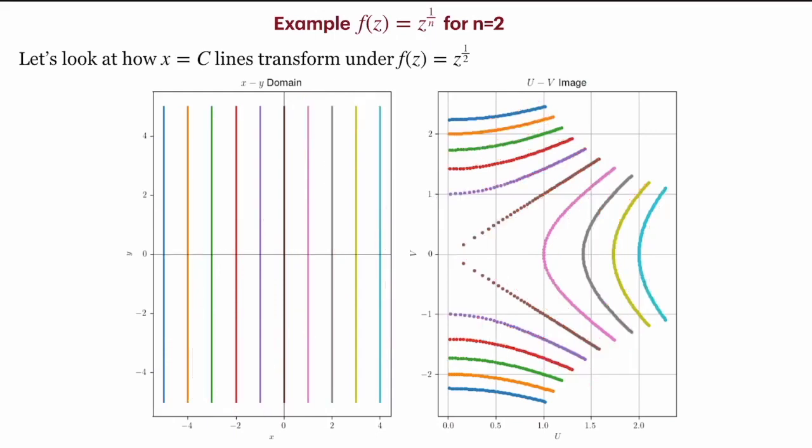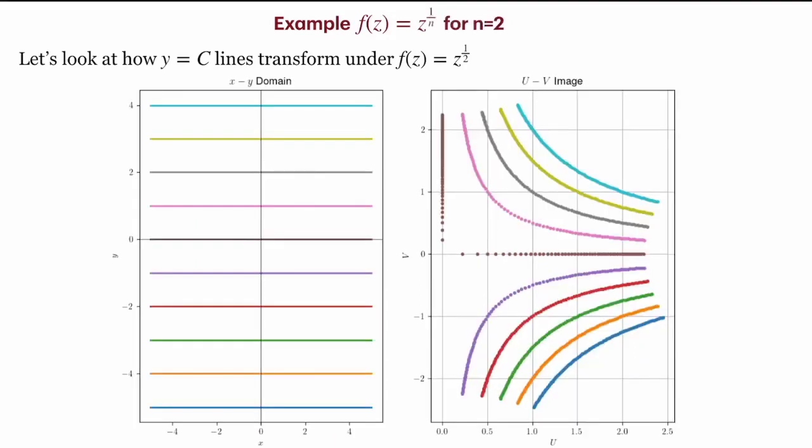But an important thing to note here is that though we have values of -4 to +4, that did not map into the negative u side of the uv plane. All this simply mapped into the 0 to positive side of the uv plane. On the other hand, the v axis covered both positive and negative. So this is to say that this maps only into this half of the plane, where u is negative is never covered by this function.